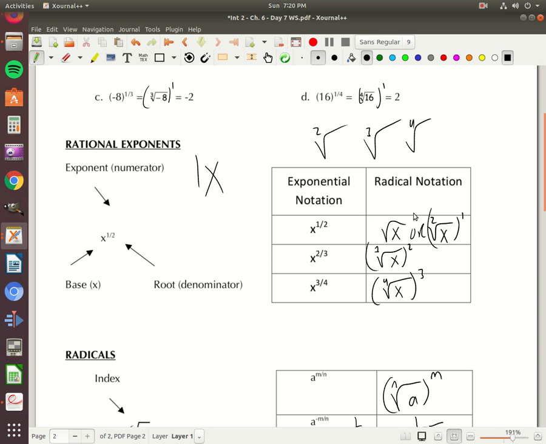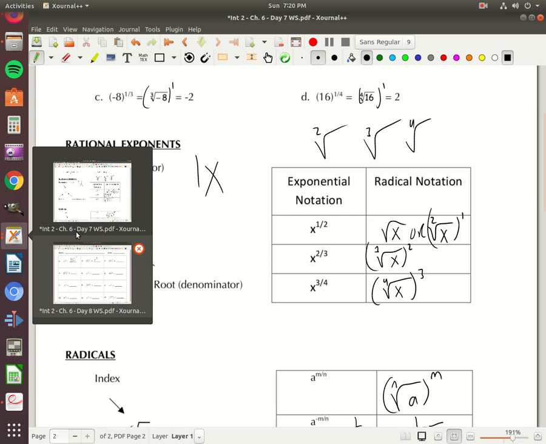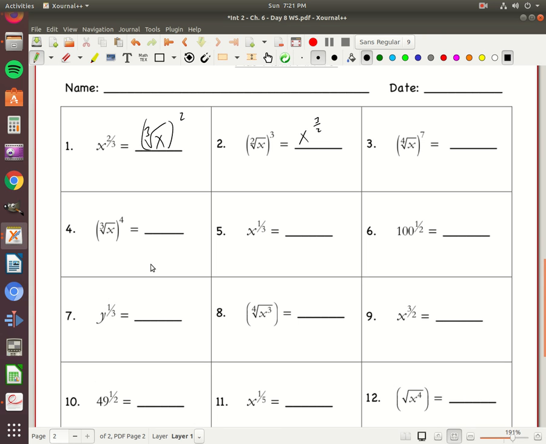So it's exponential notation and radical notation. I think I knew that, but for whatever reason, it did not come to my brain. So if it's in exponential notation, we want to write it in radical notation. If it's in radical notation, we want to write it in exponential notation. And again, nothing too crazy, just the number on the outside is going to go to the top. The number in front goes to the bottom. And just to sort of finish this up,